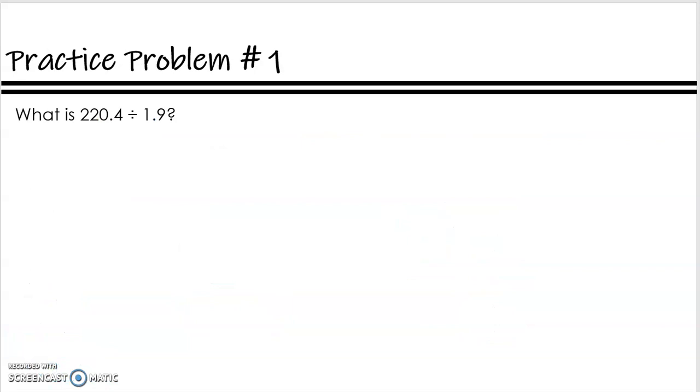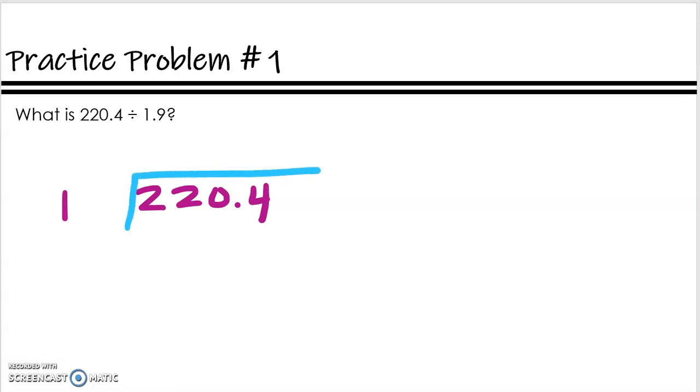Here is practice problem 1. I'm going to go ahead and set it up here, and then I would love for you to pause the video and decide, okay, where is my decimal going to end up being in this problem, because we want the 1.9 to be a whole number. So go ahead and decide where do you think the decimal is going to end up, and then we'll talk about it. Okay, so